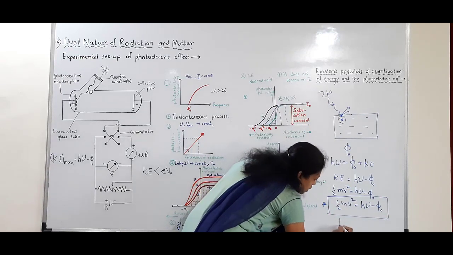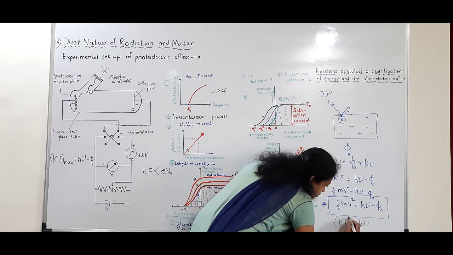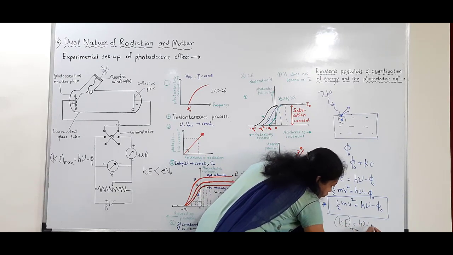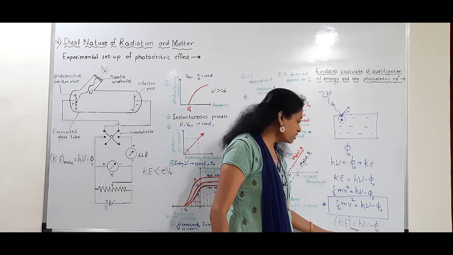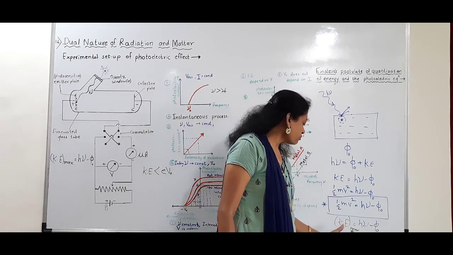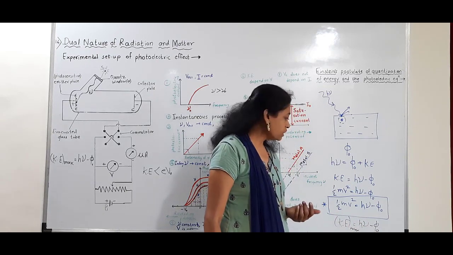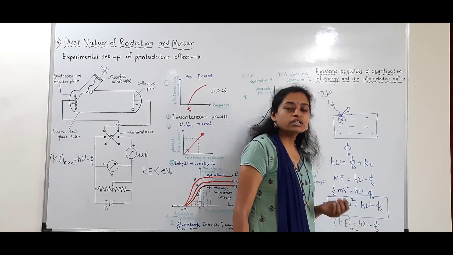Means we can write maximum kinetic energy is equal to h nu minus phi 0. Here maximum kinetic energy depends on nu, means as we increase nu, kinetic energy also increases, and it also depends on phi 0, that is the